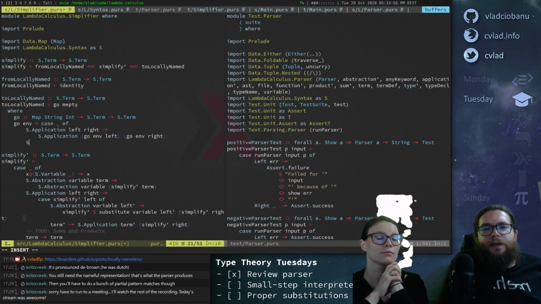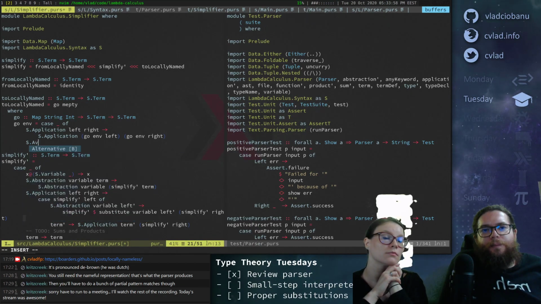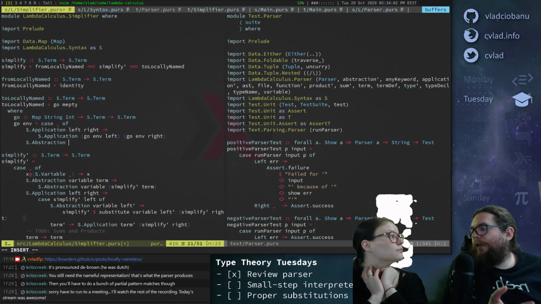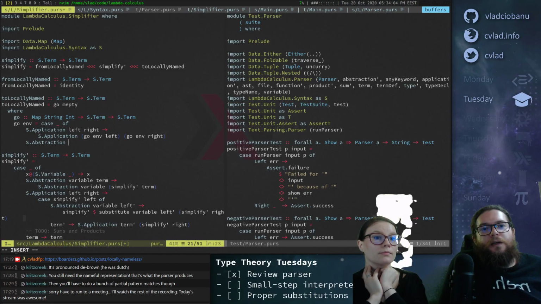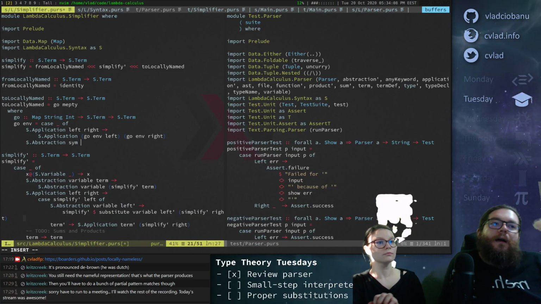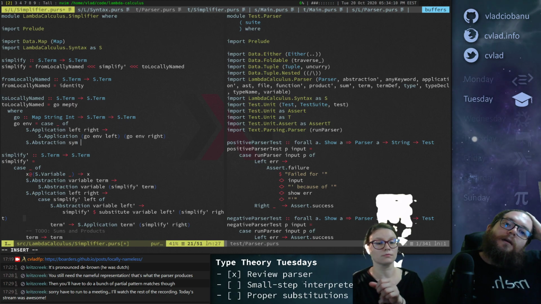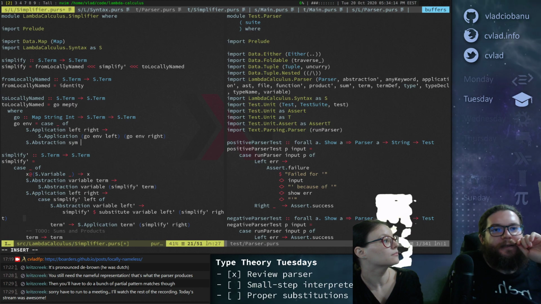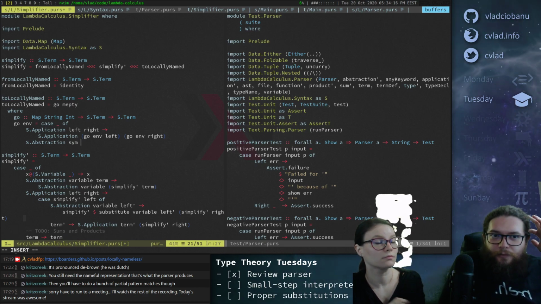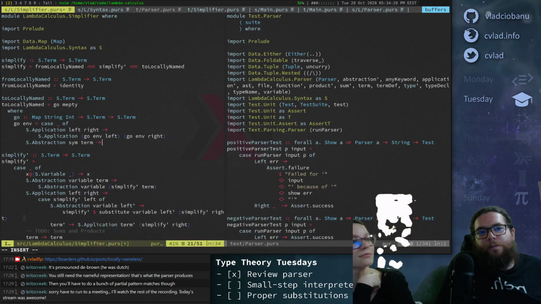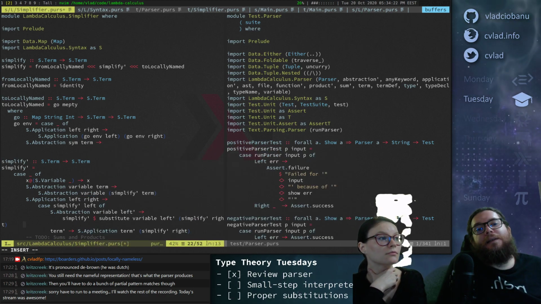Okay, and then I guess abstraction is the next one, right? Because this is when you set things up for then using variables. So you have an abstraction with a symbol and, okay, see, this is where it gets slightly awkward if we do this, but that is not too bad. And some term, right? So here we kind of need to look at symbol, right?